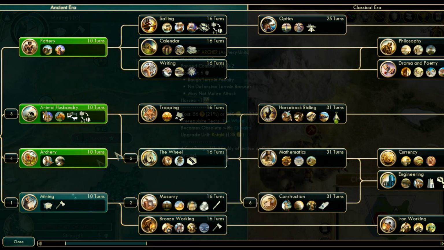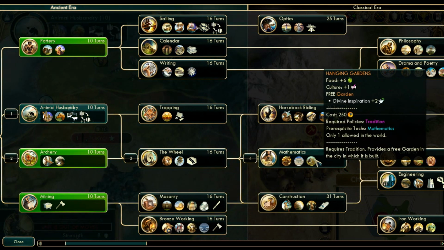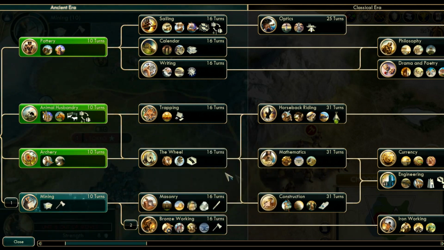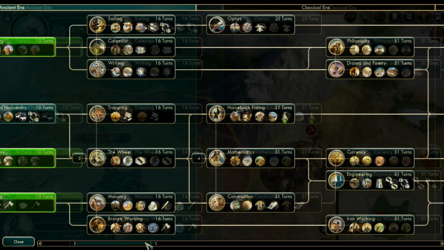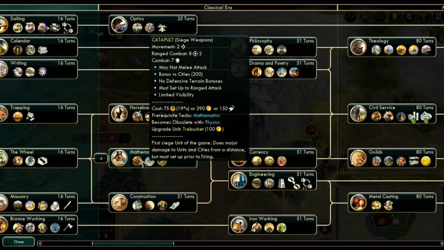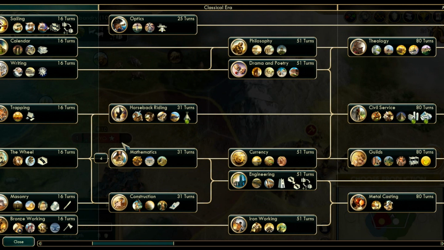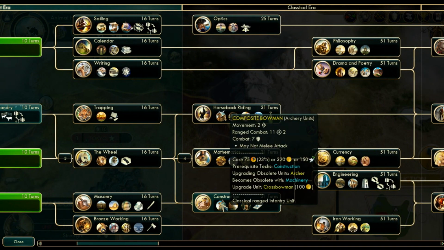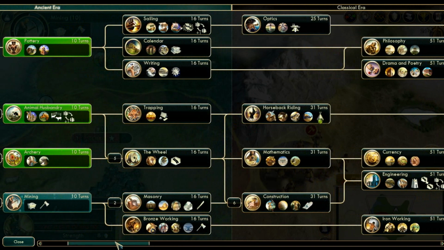You don't build barracks. However, if you want to go for catapults, which for me is the best thing to do, you must go bronze working, get barracks, and then build them. So you can already have a promotion. This is going to be very useful, and you must get promotions. You must get them. So this is the best way, is mathematics. The second is construction, so I mean a rush, a composite bowman. The third way is